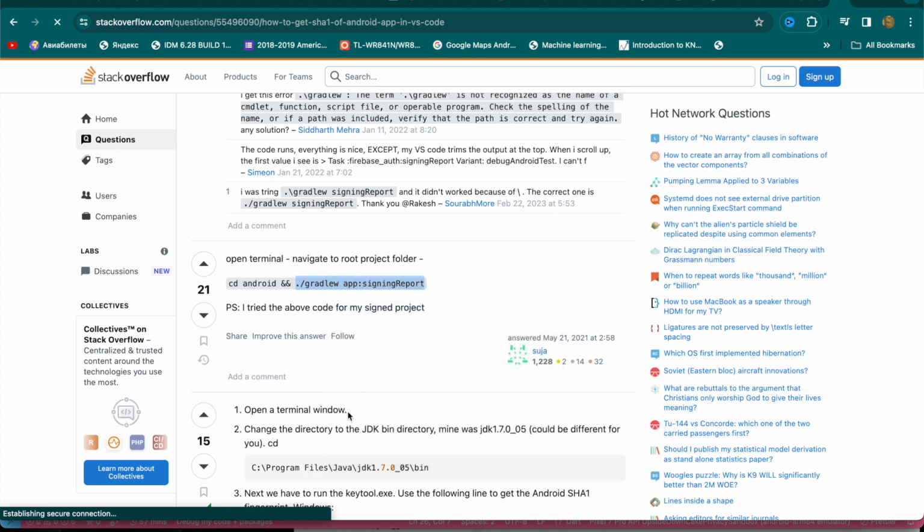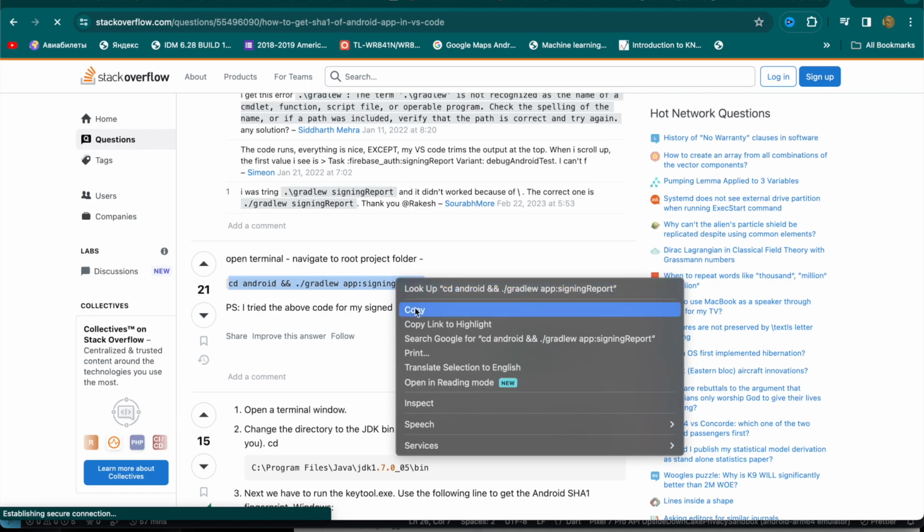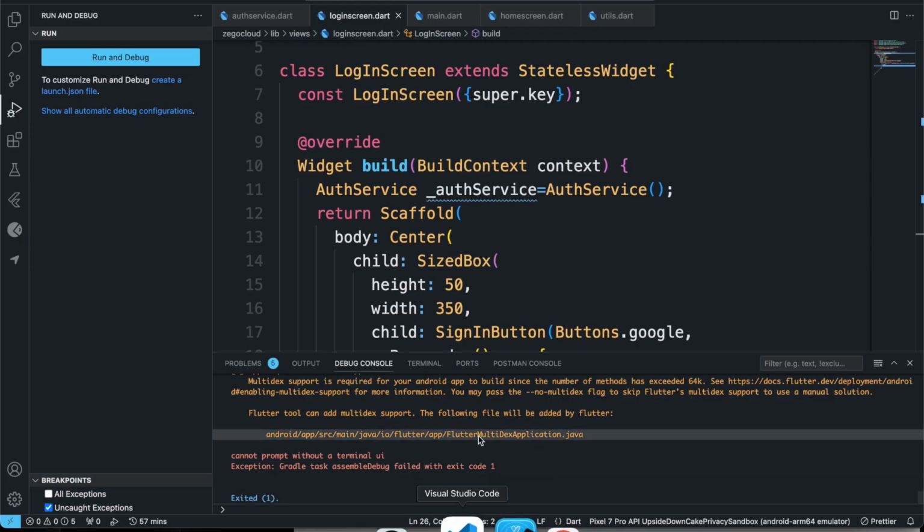Copy. So we need this for Google authentication. So just copy this, and then let's go into our